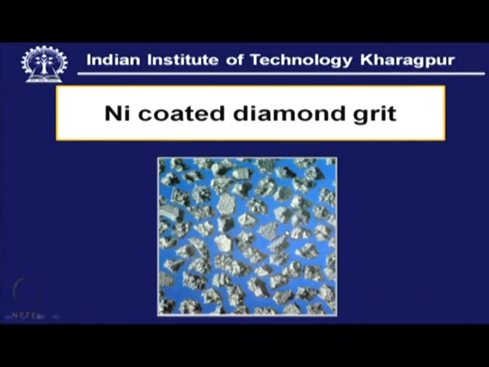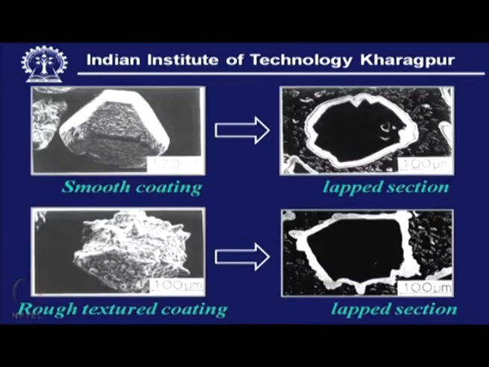So, intentionally a rough texture is developed on this diamond surface by this particular coating process. When we see this, it is actually a CBN grit, this one too is coated with nickel, and here we can see the cross section of this nickel. These two pictures show the thickness of this nickel. This is the core area, that means the original grit. Here it is a smooth coating and that is a rough textured coating, and this grit goes with a resin